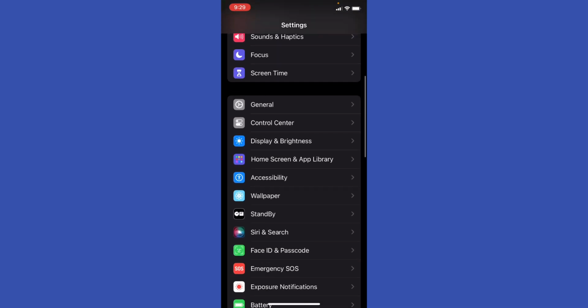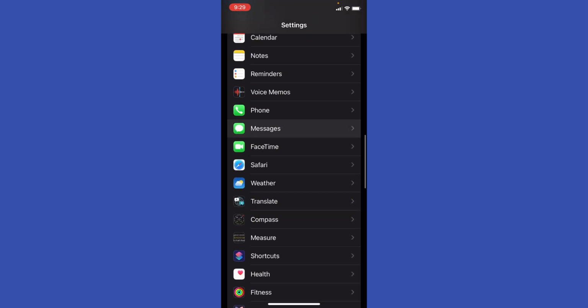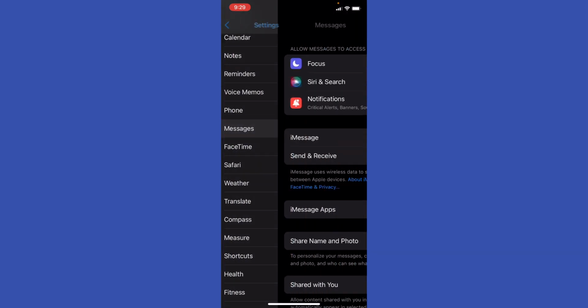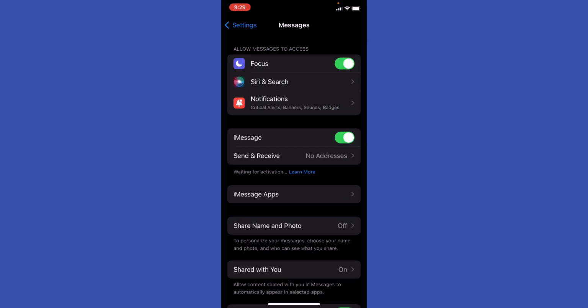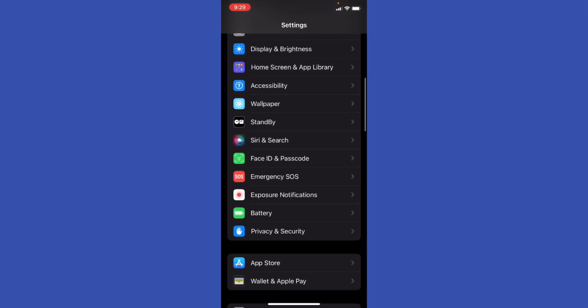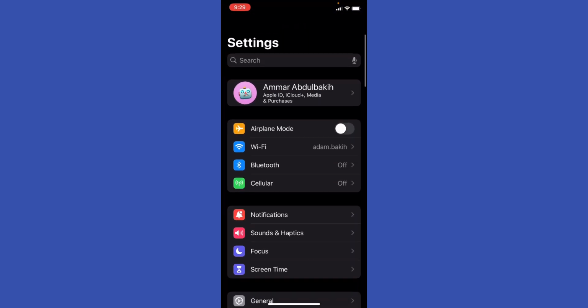If you want to disable it on your iPhone, you're just going to go to your iPhone's iMessage settings, and you're going to be able to disable iMessage right here, and turn it off. And if you want to do it on Mac or iPad, it's the same thing. Go ahead to the settings and then go to iMessage, and you're going to be able to disable